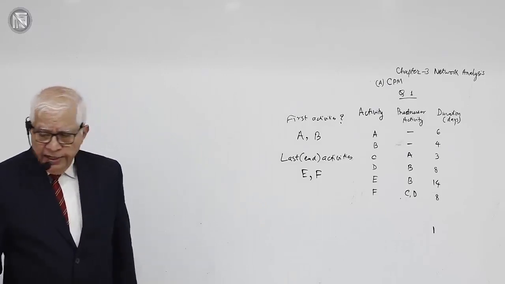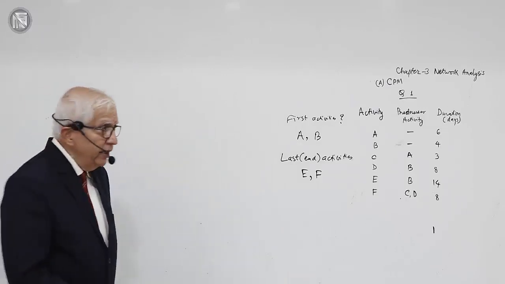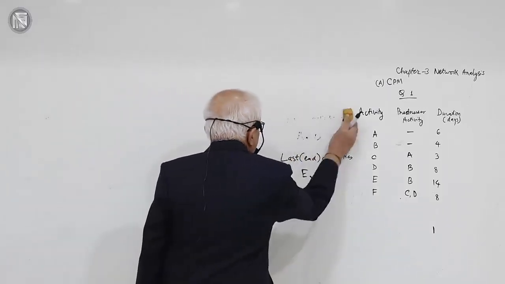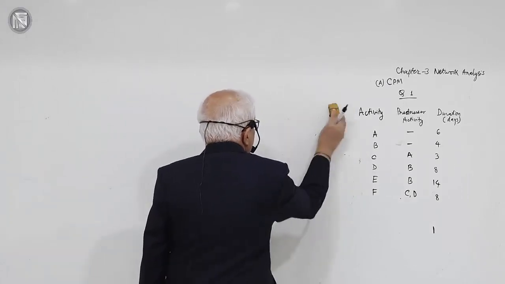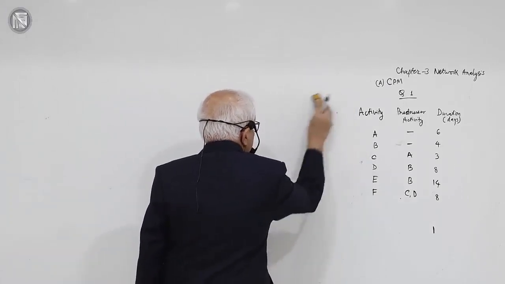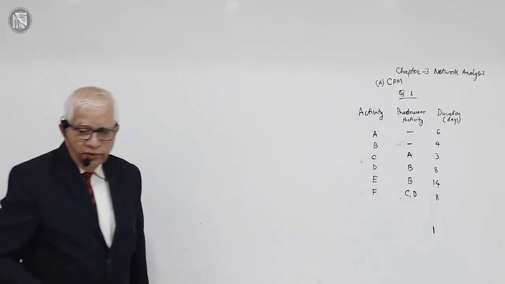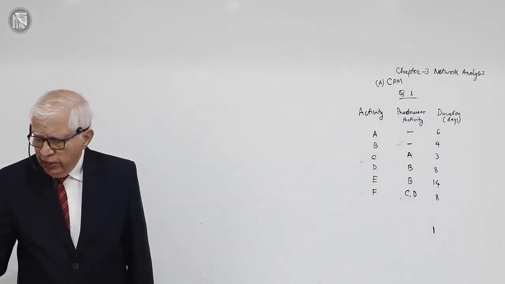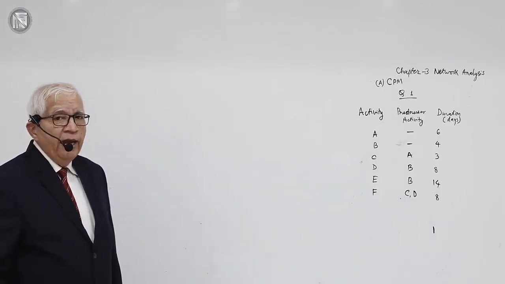First thing is identify the first activities of the project, done: A and B. I just make a mental note of this. Activities A and B, the first activities of the project. So since they are the first activities of the project, I will start drawing the network diagram from activities A